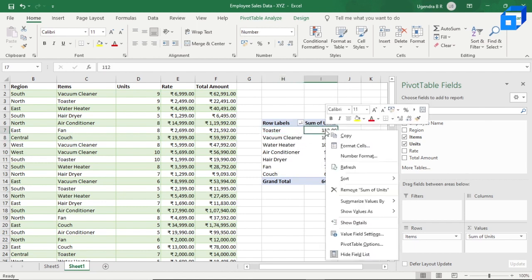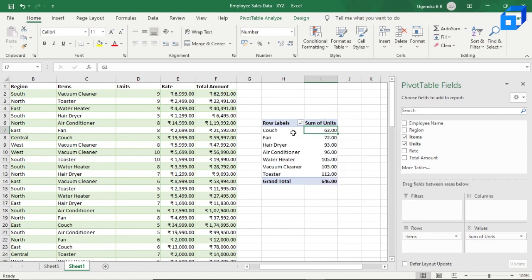You can also sort the values in ascending order, that is sort smallest to largest. You can see the least number of items sold are in the couch, and the second least number of items sold are fan and hair dryer, and so on.